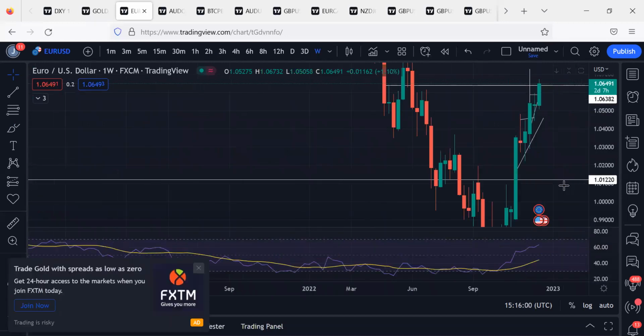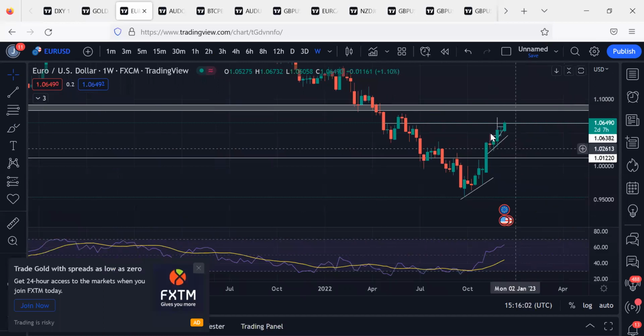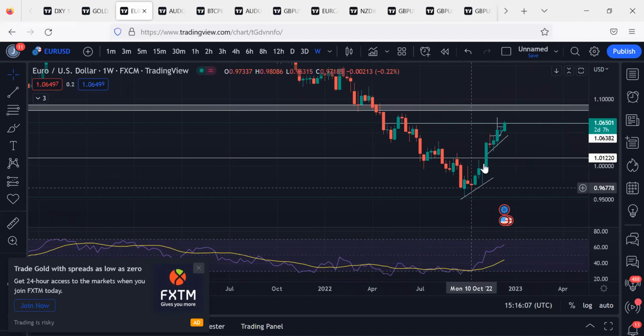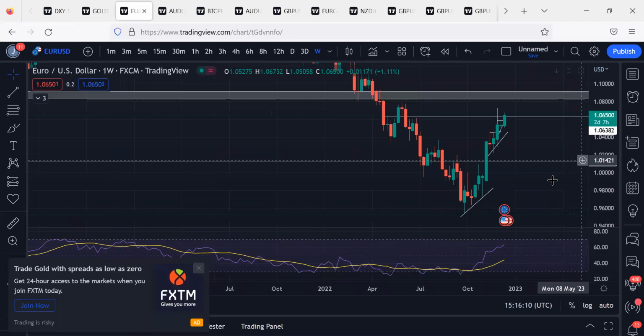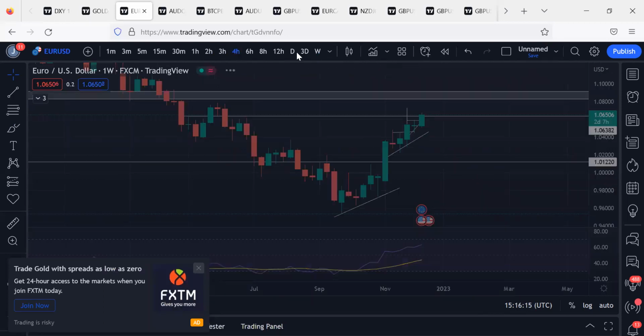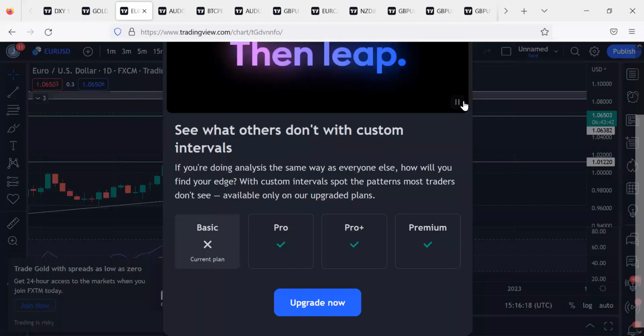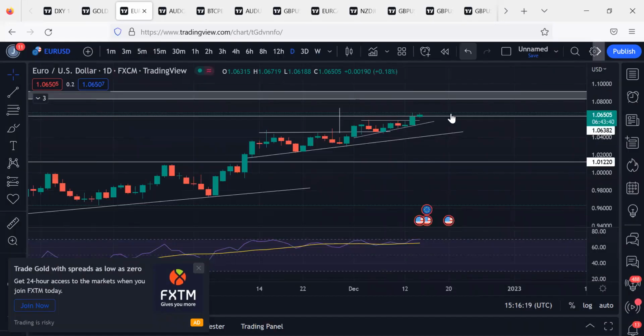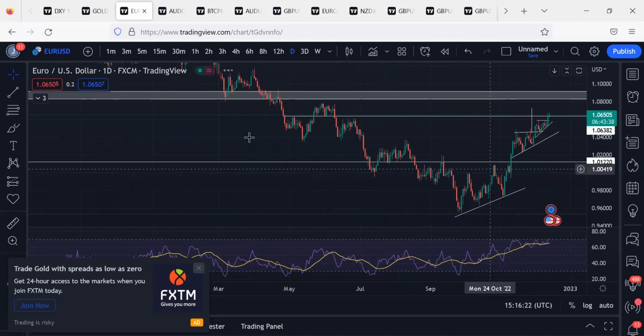You see EURUSD on the weekly, we only have even just one day of red. It has been yellow, green, green, green, green for the past how many weeks? And I've been following it up, trading it out on a daily basis on our intraday trading time frames. So let me go to the daily so that you see what might be happening. Now look at what's happening.